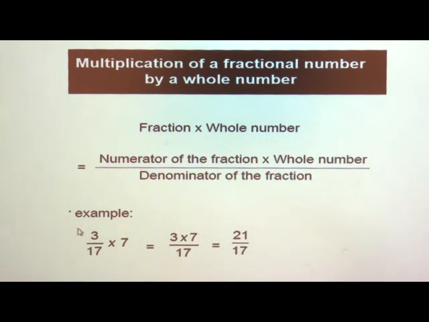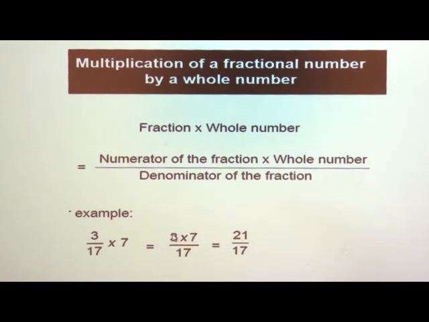Again I will repeat: you write the numerator of the fraction, then a multiplication sign, and then the given whole number, that number you have to write here. We have 7 as the whole number. So, we write here 7, and whatever the number in the denominator, the same number you have to write in the denominator. Now, you know very well 3 times 7 is 21, or 7 times 3 is 21, or we can say 3 7s are 21 or 7 3s are 21.